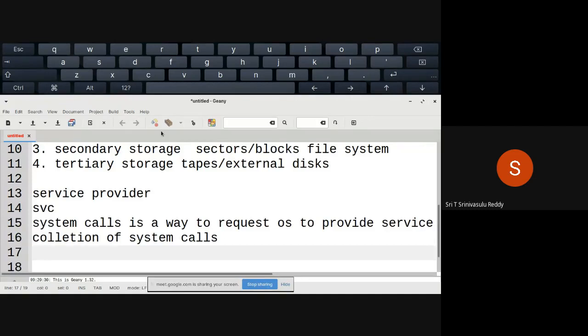Let us look at some of the signatures of the system calls, for example with respect to the file system. What are the file related system calls? What do you want to do with a file? You normally want to open a file. So open is one system call.